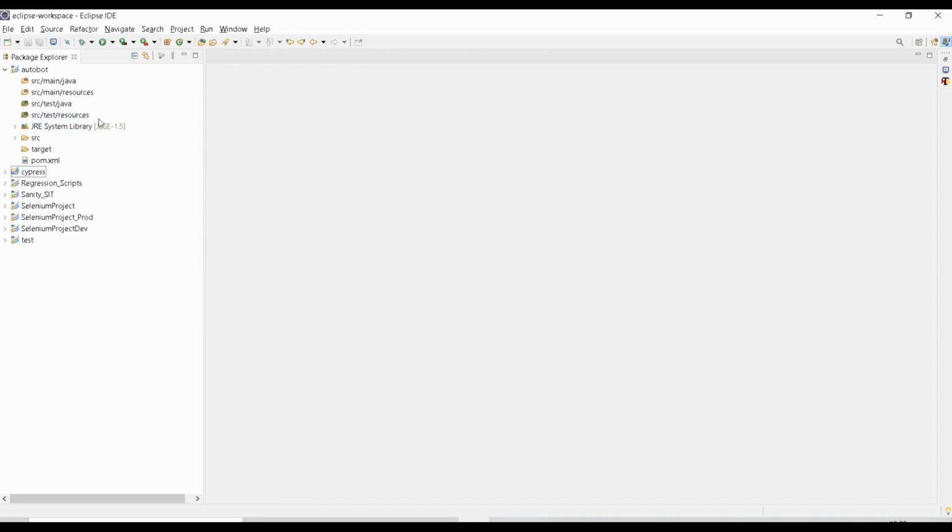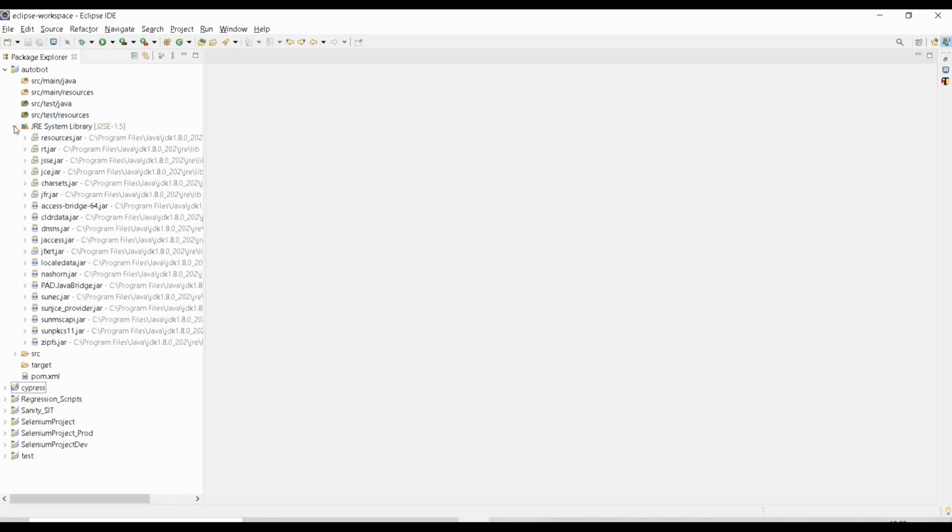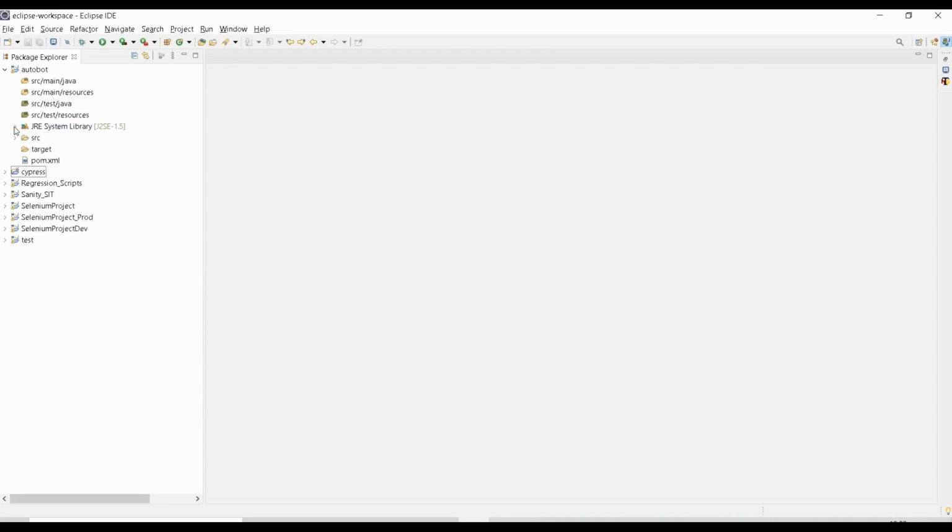Okay, src/test/resources, and inside this you will get all the dependent jar files. Now itself it has automatically downloaded the jar files, and whenever you write something in the pom and execute it, you will get another dependency folder where it will download all the jar files.